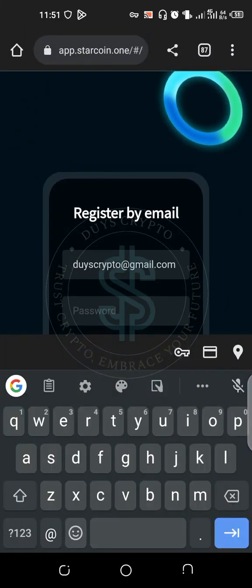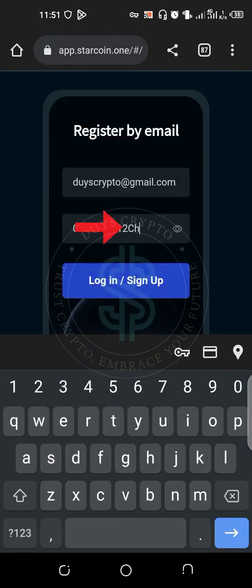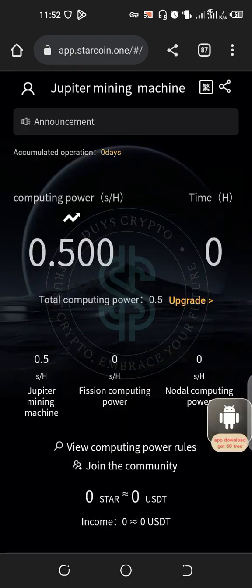So mine is dicecrypto@gmail.com. Alright, so your password, after you type in your email, after you enter your password with digits, kindly add one capital letter, one small letter, otherwise it won't work. Then you go to login or sign up. So right after you are done,